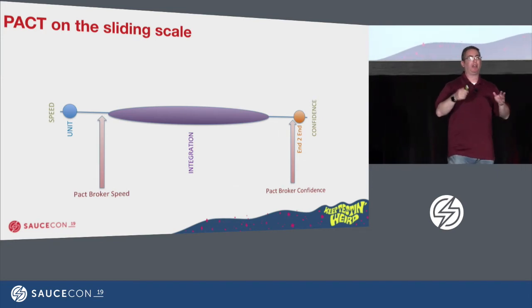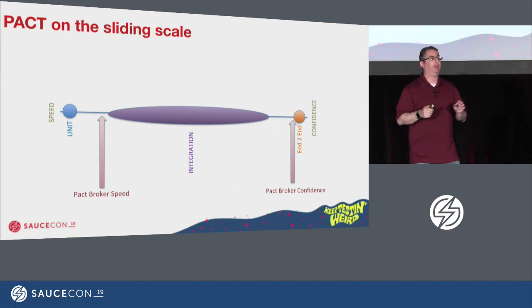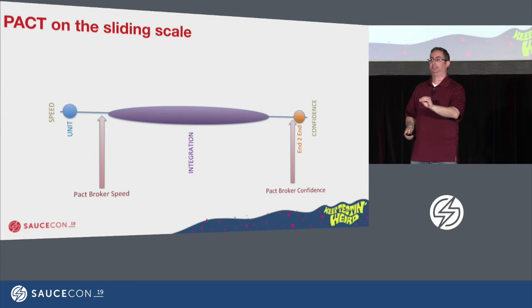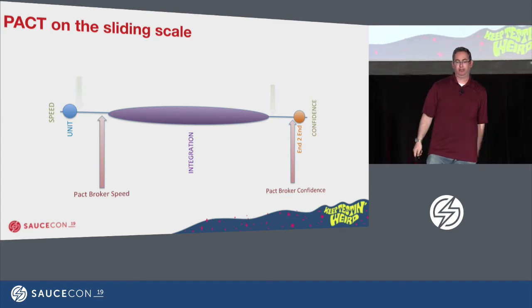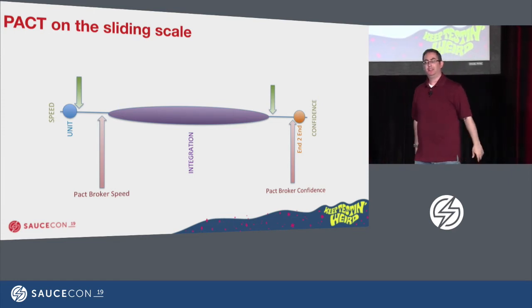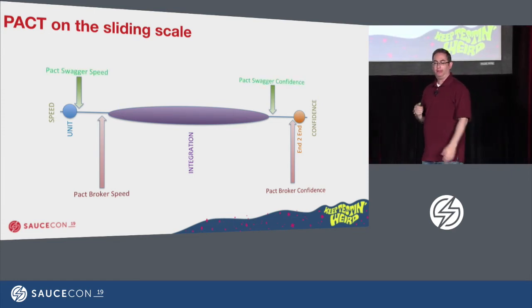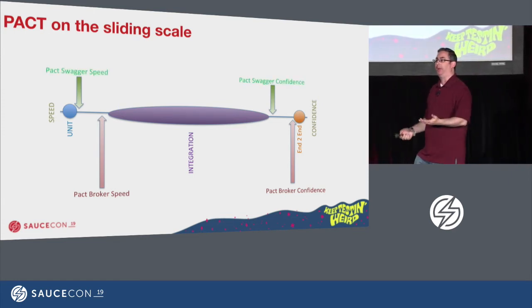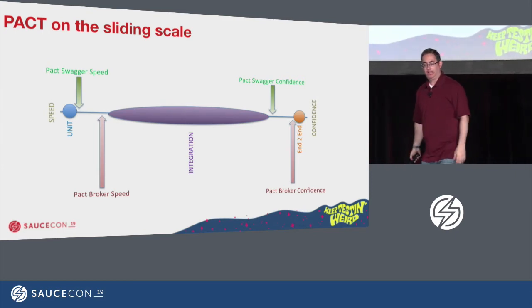What if we take this same kind of concept and said, is there a way that I could sacrifice just a little bit of confidence and gain even more speed? Something that looks more along the lines of that. The answer is actually yes. So we can get to PACT Swagger validation, which is the second way of implementing PACT, in addition to our